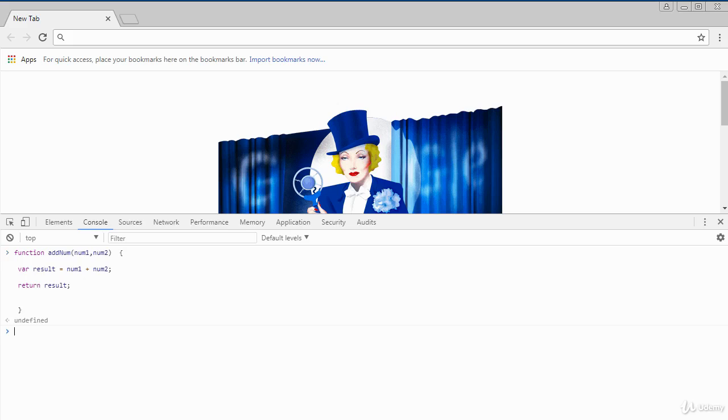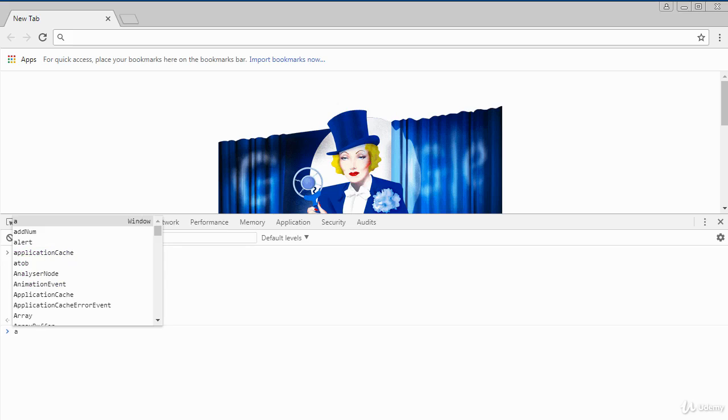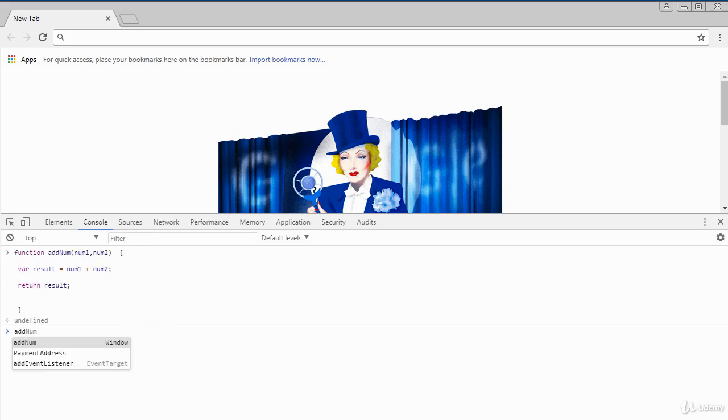Now to invoke this function, now that I've created it, all I need to do is call the function by its name, which is addNum, and then you must add the parentheses, and then I'm going to pass it two values because I've got two arguments there. So if I say 10, 20 and I close the parentheses and I press enter,